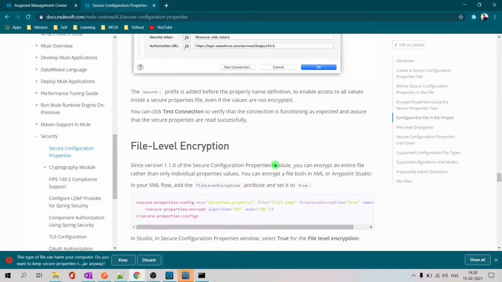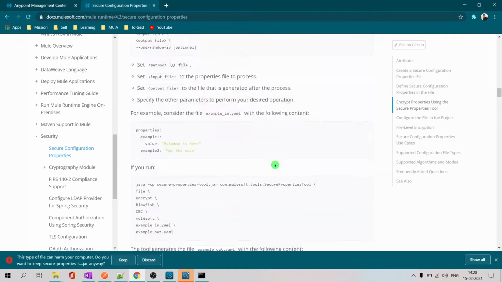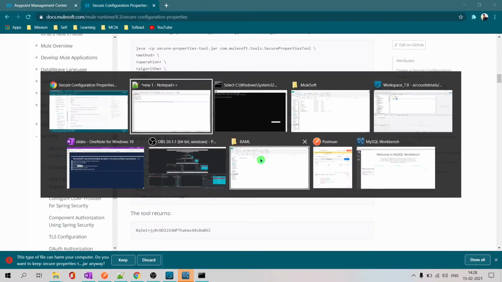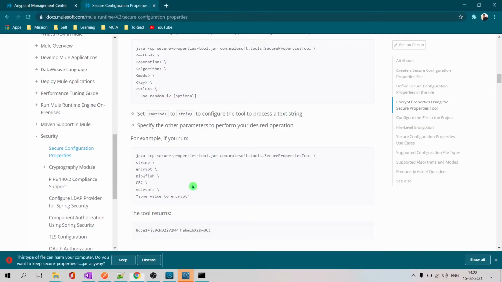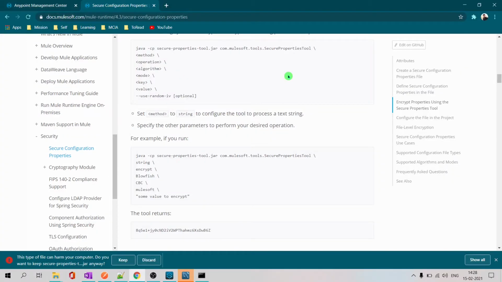AES, advanced encryption, has CBC, which we are following. Let us use CBC mode. CBC is cipher block chaining, I guess. That is just part of the algorithm, how they do the encryption. And then it should be our string.